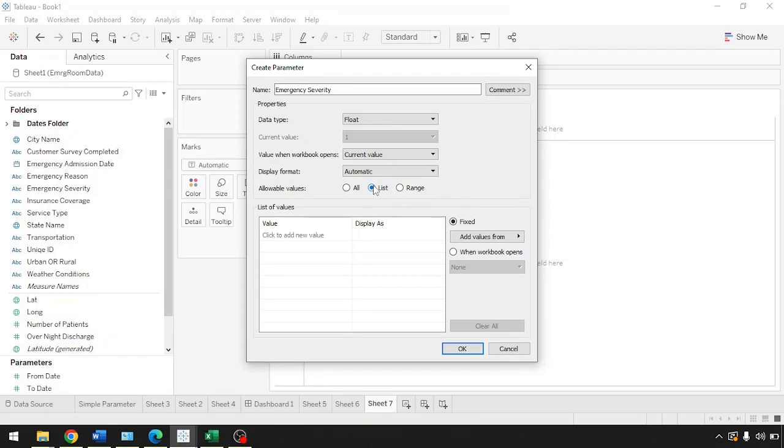There are a couple of ways to do this, and a couple of important things to understand here. First one is that you can add values to your parameter, but you'll need to make sure that the values you're adding here correspond exactly to the values on that field. So in this case, all the values in this variable need to match the value that you're going to put in here. In that case, we have three values on the emergency severity. We have low,